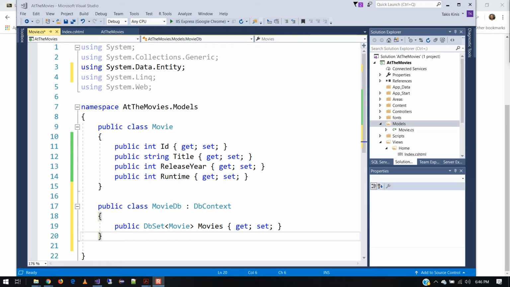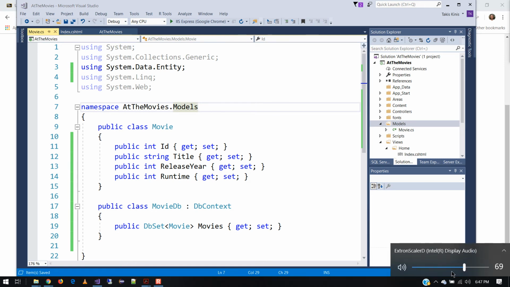Is they want us to bring up that package manager console because they actually want us to type a command. And I think that's one of the reasons why they had us launch this tool in the first place, honestly, is because they wanted us to be able to type this command at some point. But we do need to issue this command here,